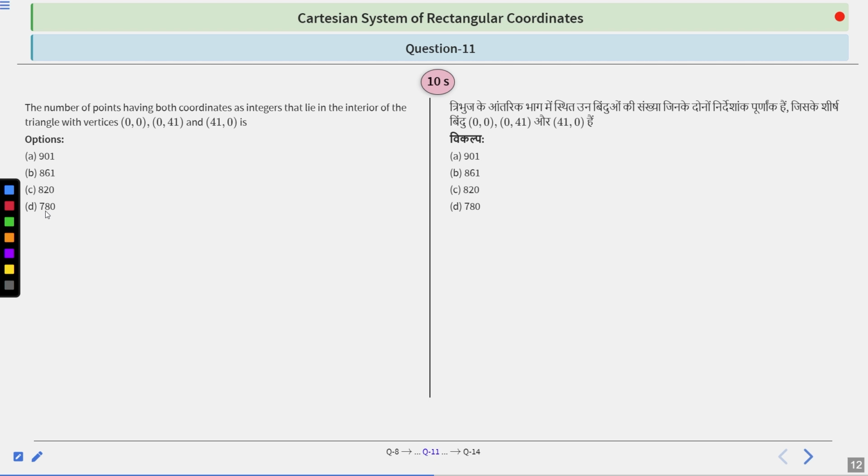So what we have to do, we basically have to find the number of points which are inside the interior of this triangle. Clear? So by using the coordinates, we can easily find how many points will be inside this triangle. Clear? So in this way you can try to approach this question. You have 10 seconds to solve or think about this question. After 10 seconds we will discuss the solution part, right?